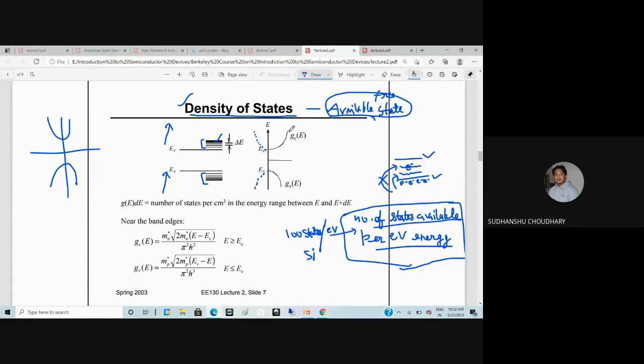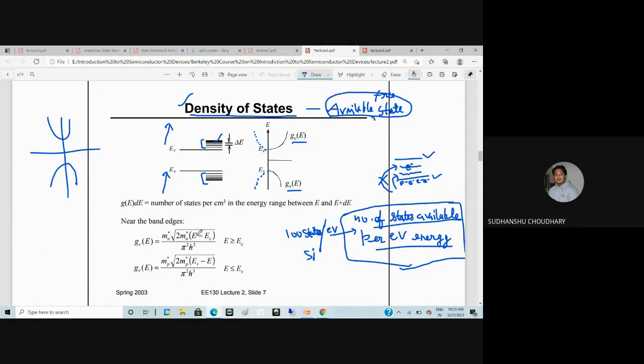Right? So this is the conduction band, the entire conduction band, and these are the edges. This is the edge of the conduction band. Similarly, this inverted U line which you are seeing, these are the edges of the valence band. So the density of states at the edges, let us say, is given by GC(E) for the conduction band, and for the valence band, let us say it is GV(E).